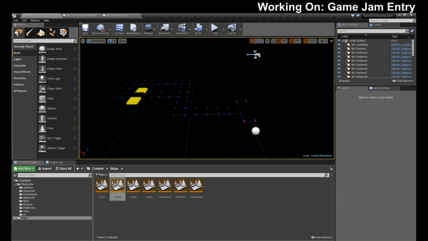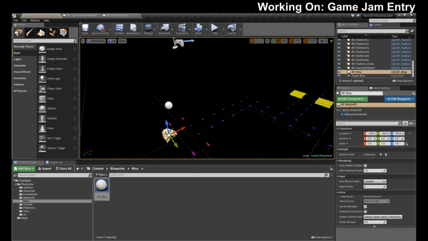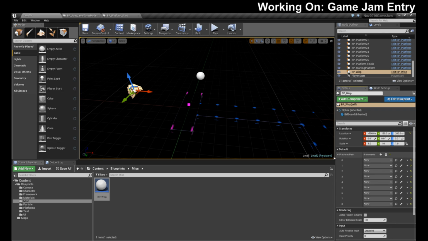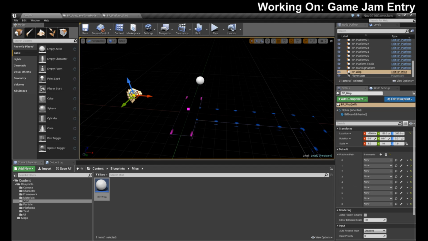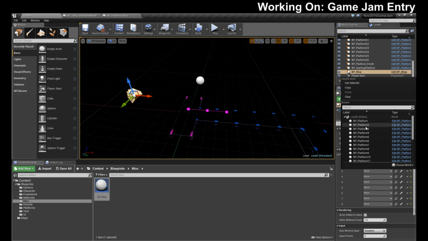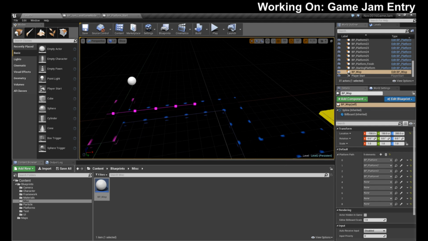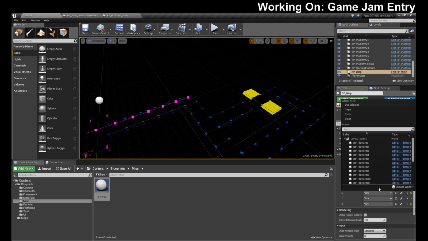And the nice thing is I should be able to drop a wisp into the scene, set up my path like that, and then just select my platforms. So where'd my wisp go? Platform, and I could set up the proper path. 4, 5, 6, 7.